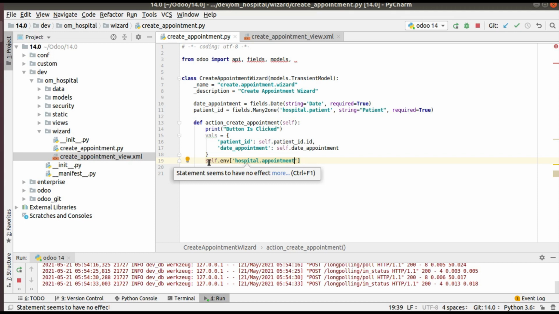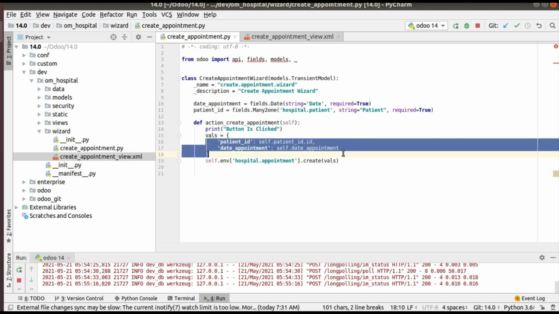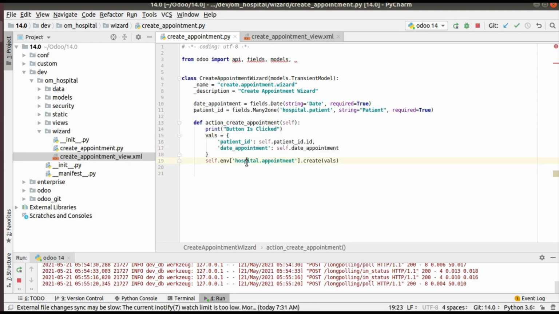I'm initializing an object of that model and calling the create method of that model. I have specified the model name where I have to create the record, inside this database table, hospital.appointment, and I'll pass this dictionary to the create method. Once you do it like this, you will be able to create a record inside this model.